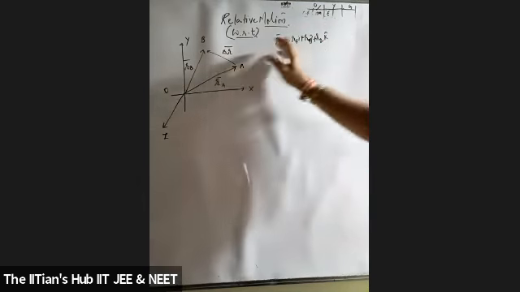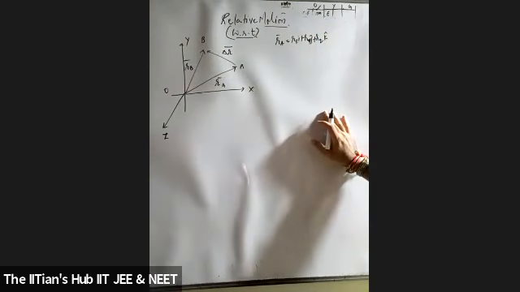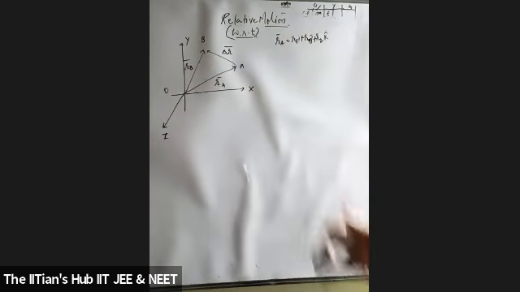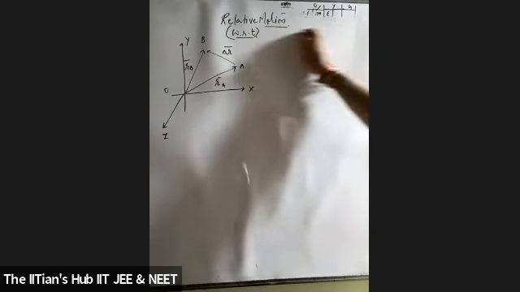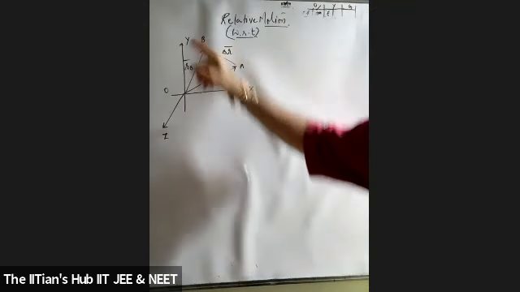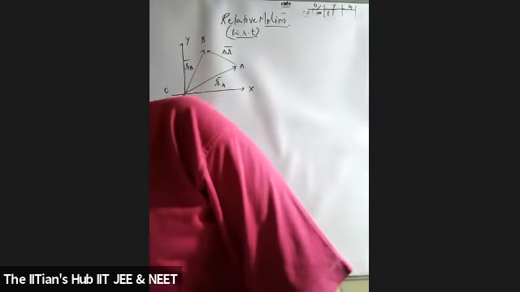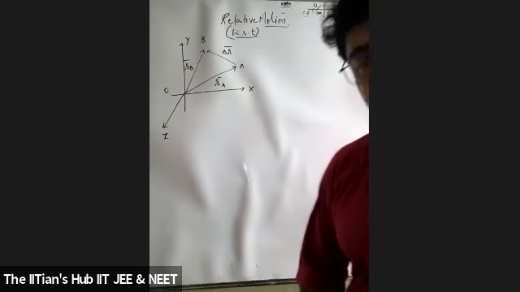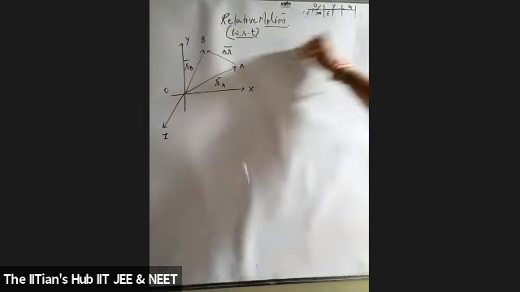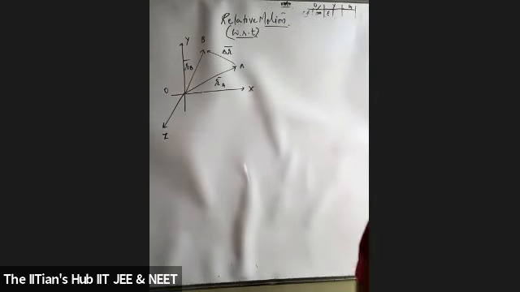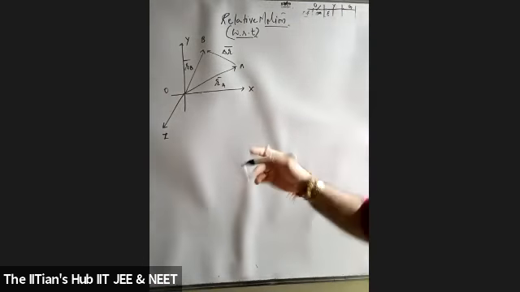Whereas RB I can write down in terms of unit vectors. In terms of I, J, and K, we can simply go for the position coordinates. Now, when I say this particular body moves from point A to B, there is a change in position. Students, is there any change in position? Yes, sir. Okay, so now if I ask you, what exactly is the change in position? How do you go for it?